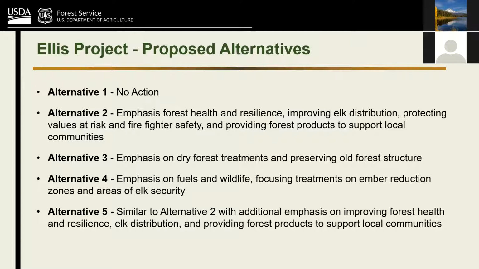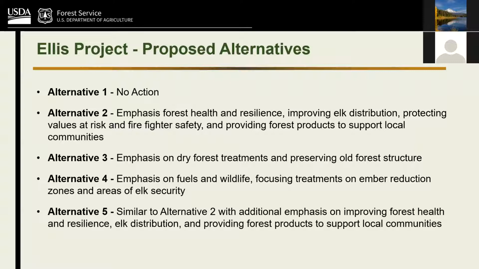So any like Penland Lake cabins or any structure out there, we put a 1.5 mile buffer around those structures, and that's called the ember reduction zone. And we would emphasize treatments within that ember reduction zone and also in elk security areas. So the areas that are existing plus the areas that were added to those existing blobs of elk security,